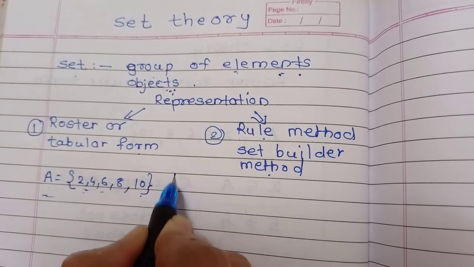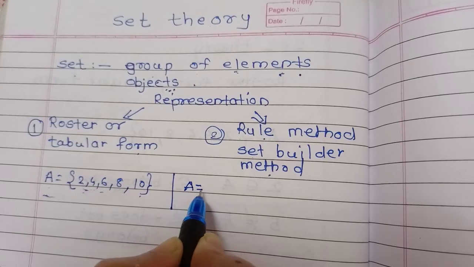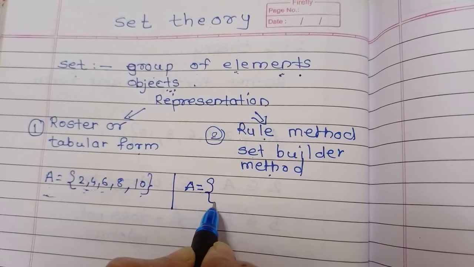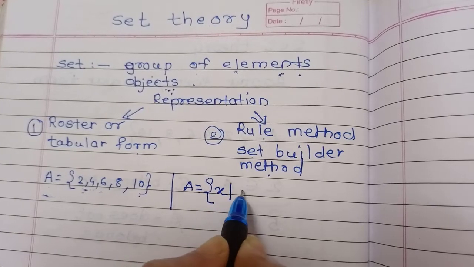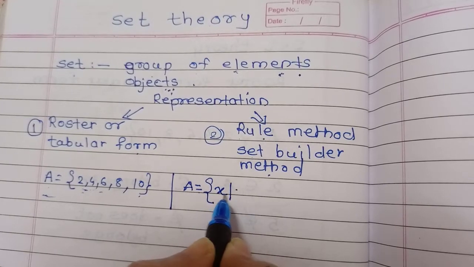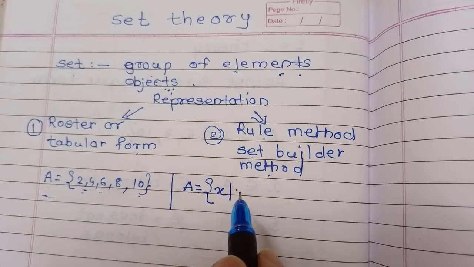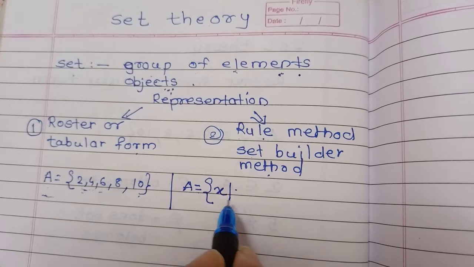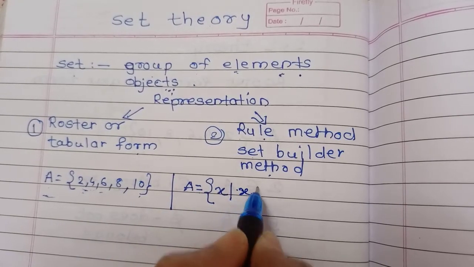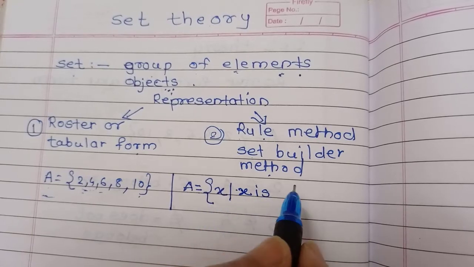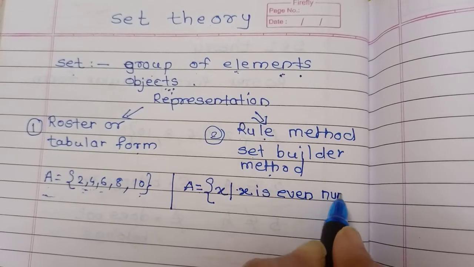So while writing using the rule method, I will write A is equal to, we have to use curly brackets also, here x, where x is an even number. 2, 4, 6, 8, 10 are all even numbers. So x is an even number